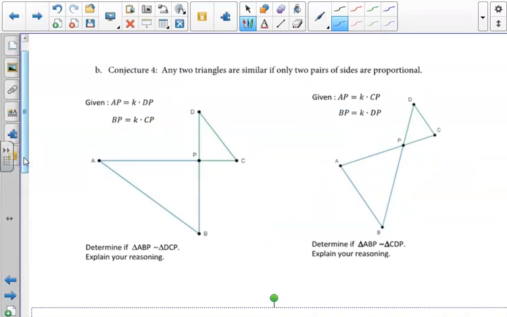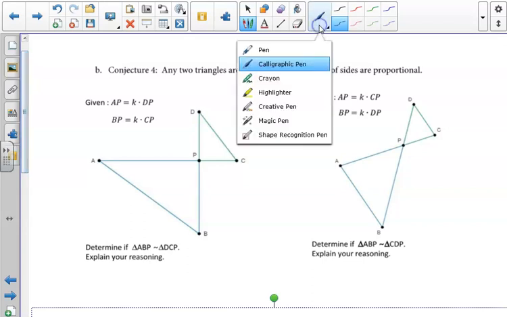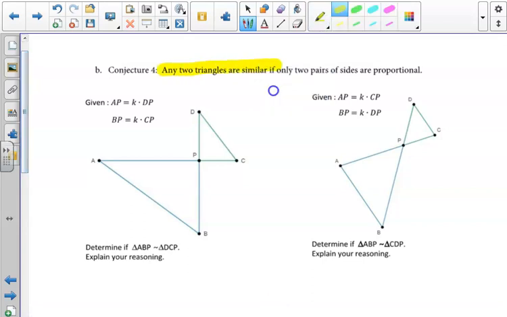We are told in Conjecture 4, we are asked if any 2 triangles are similar, if only 2 pairs of sides are proportional. So what that means is, AP, they're saying, is equal to DP times the scale factor. So I'm just going to make a length for DP. Let's just say the length of DP is 3, and the length of CP